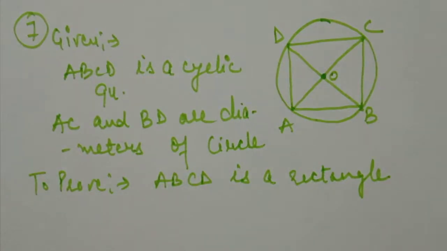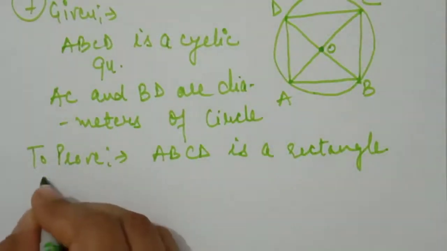According to the properties of a rectangle, a quadrilateral whose opposite sides are equal and whose angles are all 90 degrees is a rectangle. So we have to prove all these things. In this question, it is a cyclic quadrilateral, and we know one property is that the opposite angles sum to 180 degrees. If we prove that the angles are equal to each other, then the sides are also equal and they are 90 degrees. So proof: